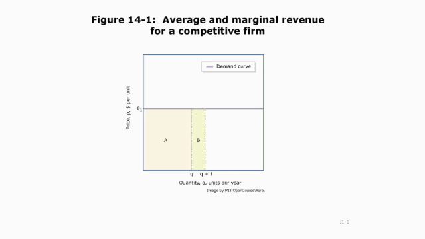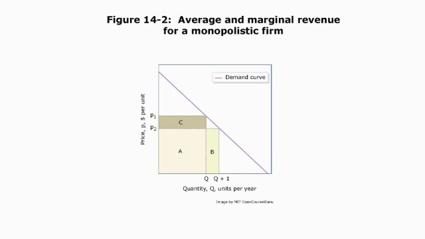Now let's look at the monopoly case. The difference with a monopolist, as you see in figure 14.2, is they no longer face a perfectly elastic demand curve. They now face a downward sloping demand curve. Why is that? Remember, this is the graph for little q. The reason the graph for little q was perfectly elastic in the perfectly competitive case was not that demand for the entire good was perfectly elastic. It's just that the residual demand facing any one firm was perfectly elastic. Now a monopolist is the only firm in the market, so their residual demand equals total demand.